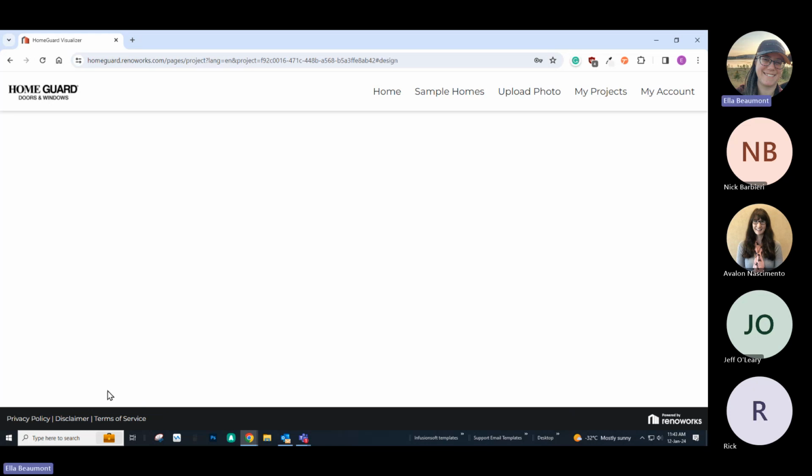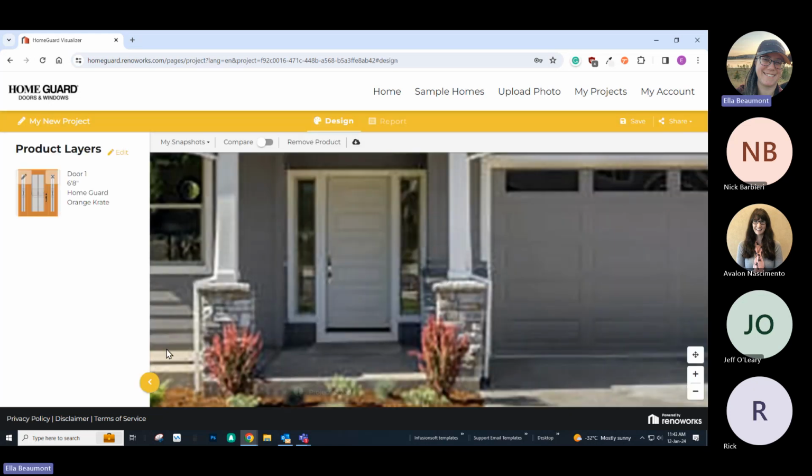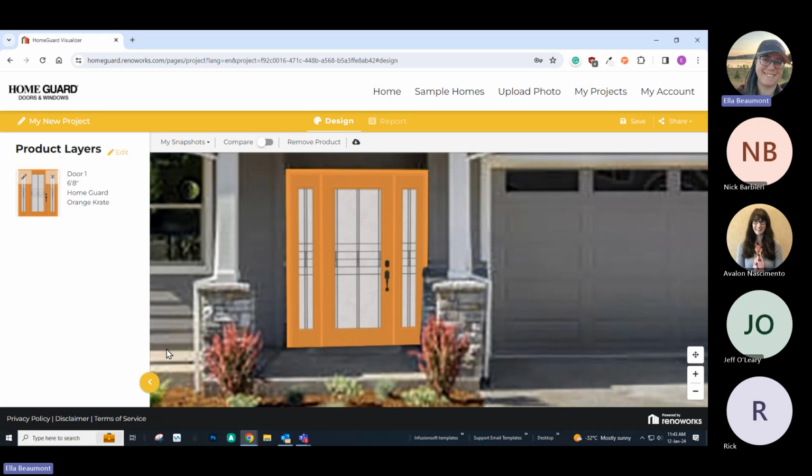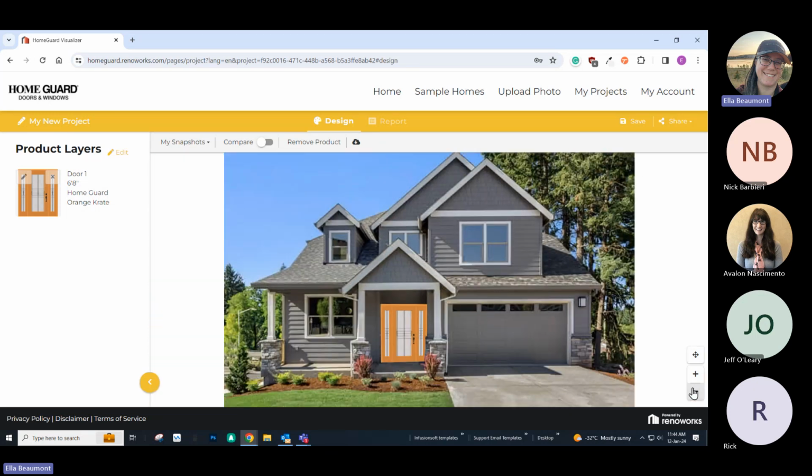Then I'm going to click Save and Continue, and we're going to go back and re-render this door, but you can now see that I've essentially punched out that space around that door, and it's giving me a little bit more of a realistic look of how that door looks on that particular home. All right, so